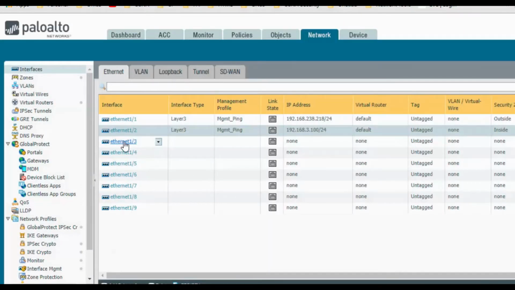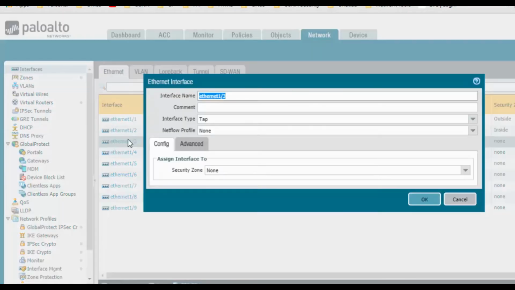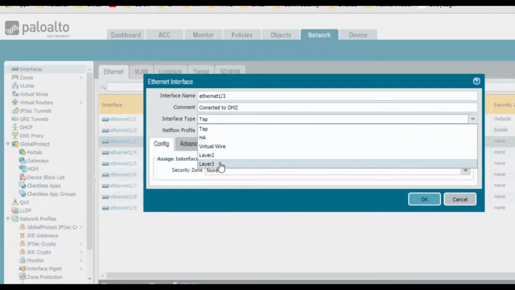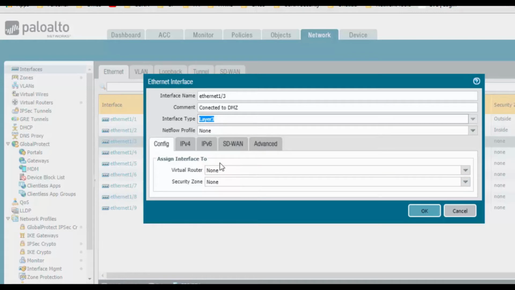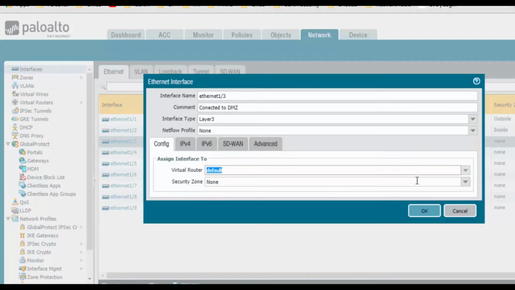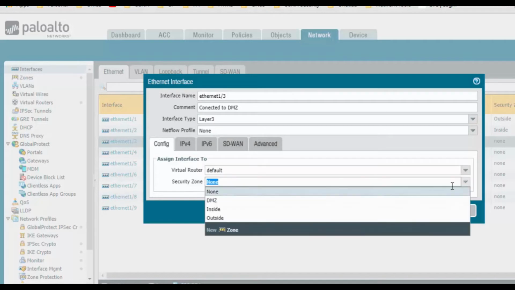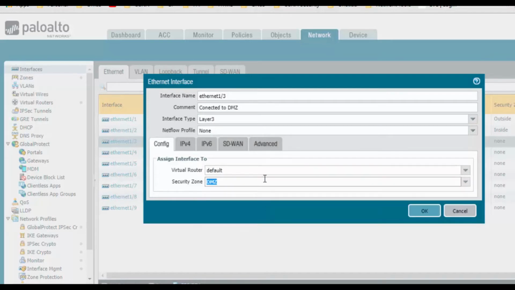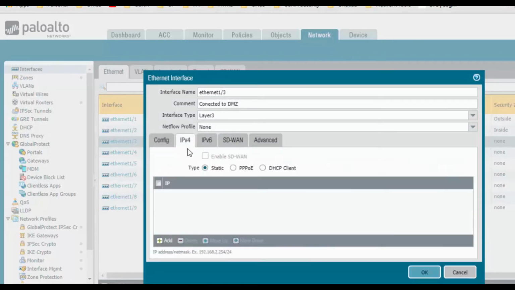Then ethernet 1/3 is the DMZ. For the DMZ, the interface type is Layer 3, the virtual router is default, the security zone is DMZ, and click IPv4.